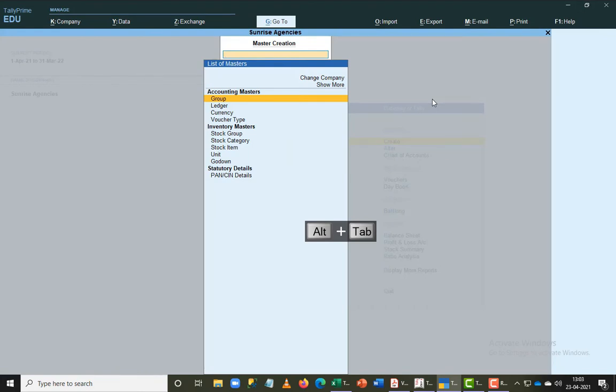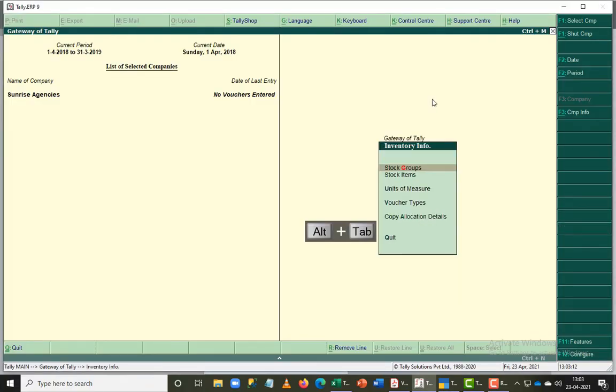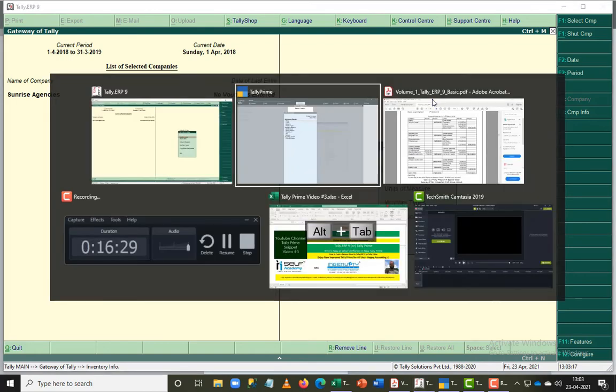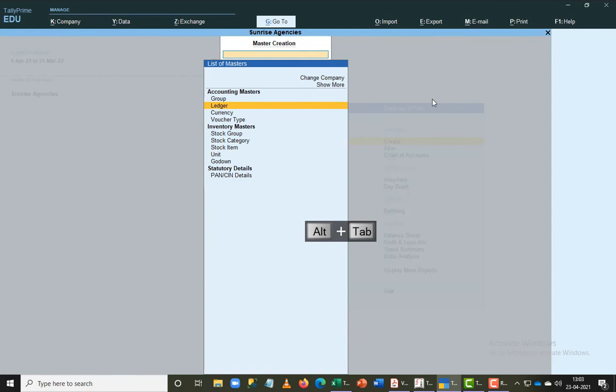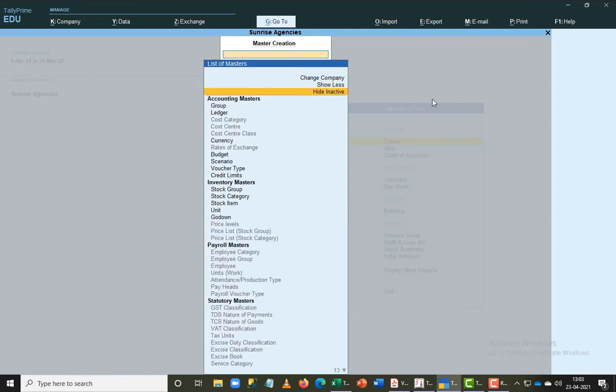If you want to activate a godown or a category, if you go down to the inventory part, you have to get the godown and category coming up. This will not come by default. This is not a default component. But when you come to Prime, you will see the category coming up here by default, and godown is coming up by default. So you can do a lot more here, and you can just say show more, so you can see further information which is available, and show inactive information also. So now you can see that you have everything in Tally without activating it. Everything is available. As you activate it further, you get all the information given below.